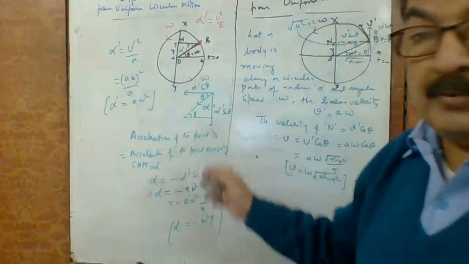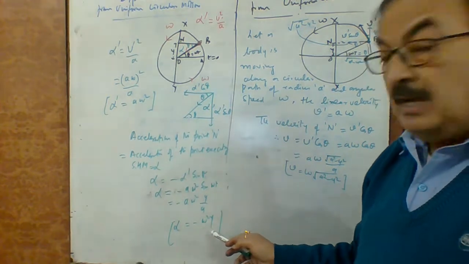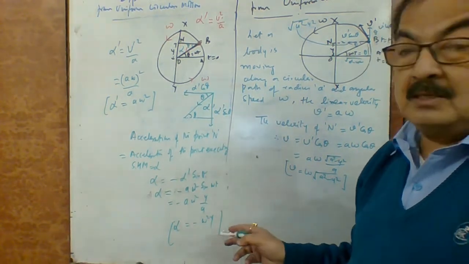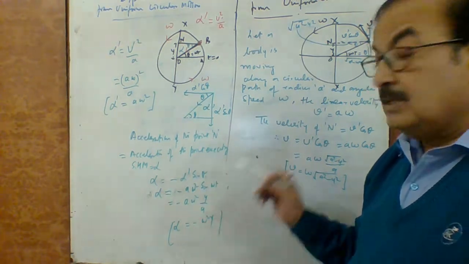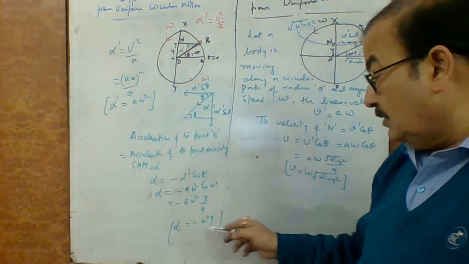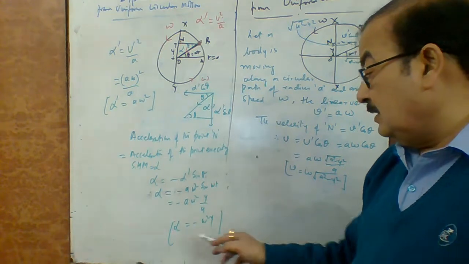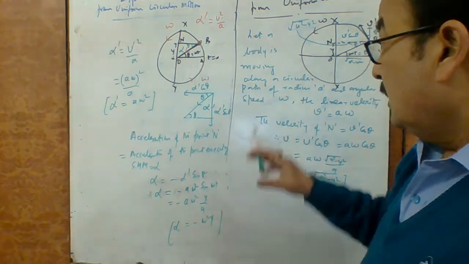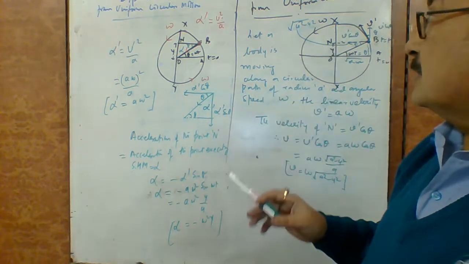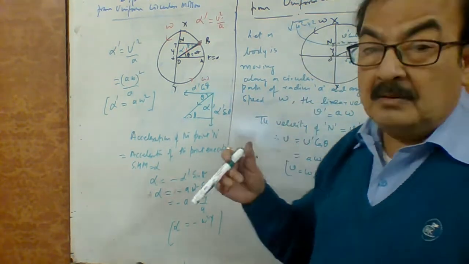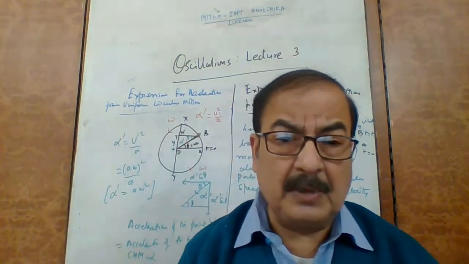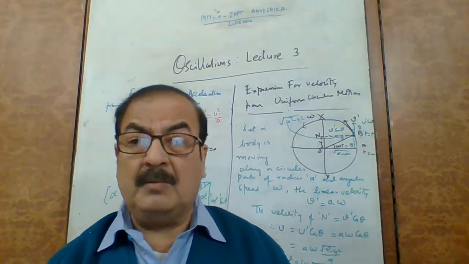On the other hand, for acceleration, we can see that if y equals 0, at the mean position there is no acceleration at all. Acceleration is totally 0. And in that way, we have just determined the acceleration and the velocity of a particle which executes simple harmonic motion.